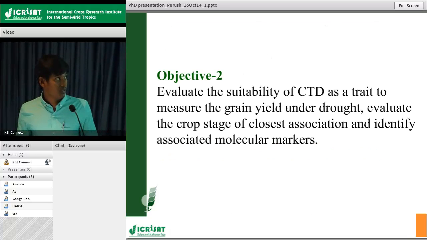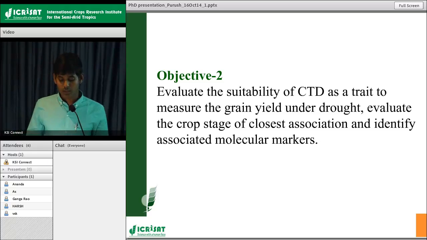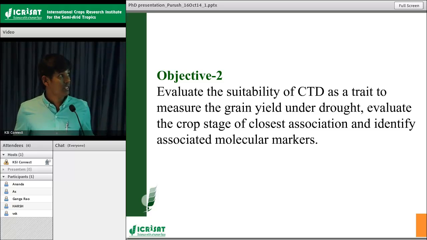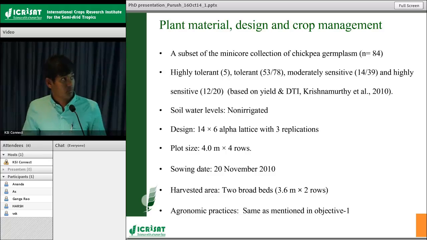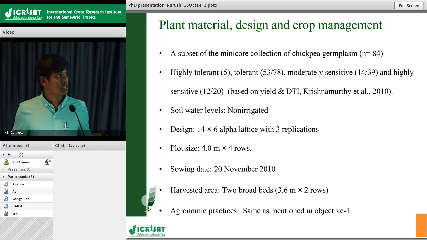Coming to objective 2, it is to evaluate the suitability of CTD as a trait in the crop, and the stage of relevance for grain yield under drought, to evaluate the crop stage of closest association and identify associated molecular markers. The plant materials used consist of 5 highly tolerant, 53 out of 78 tolerant genotypes, 14 out of 39 moderately sensitive genotypes, and 12 highly sensitive genotypes, and the irrigation was